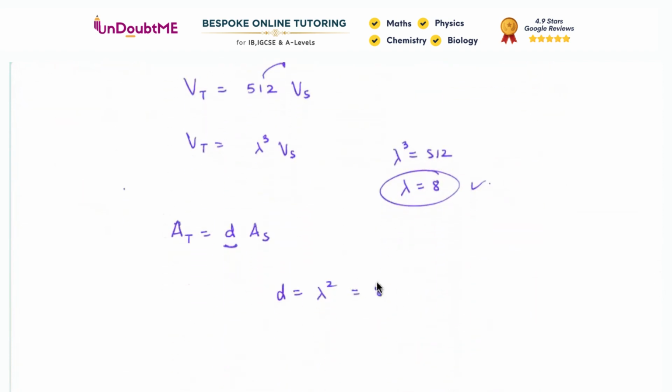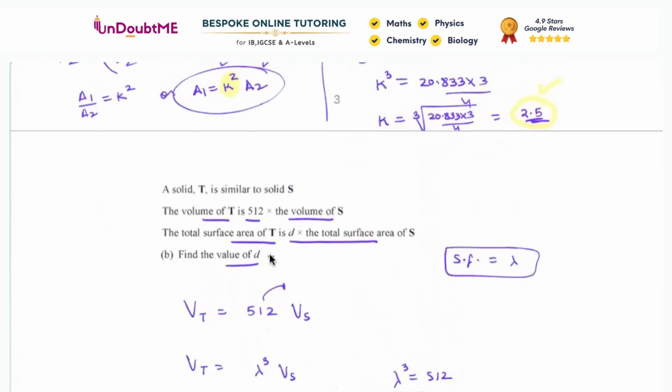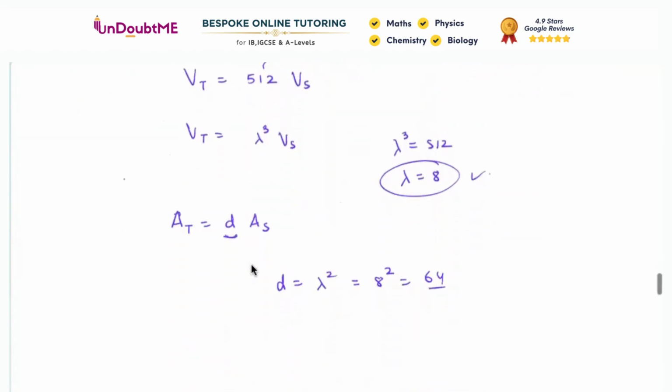So that will be equal to 8 square, and the answer is 64, and that is what the D value is, 64. Okay, similar shapes, area and volume. This question belongs to that topic. Okay, so year 11 students, it is